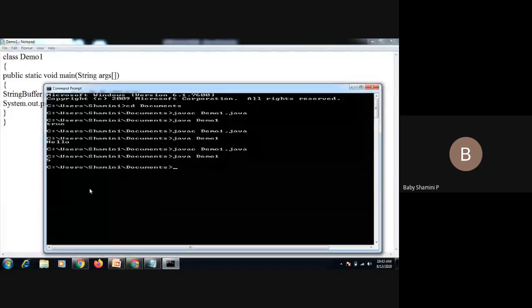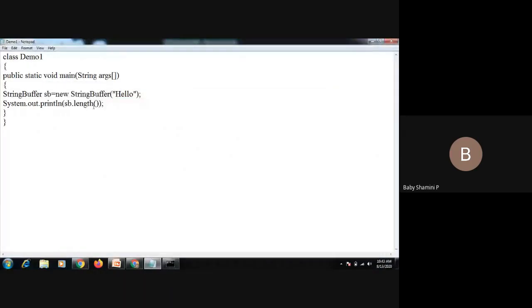Next we have the indexOf method. I is a small letter, O is a capital letter. We are going to find the index value for a particular character.